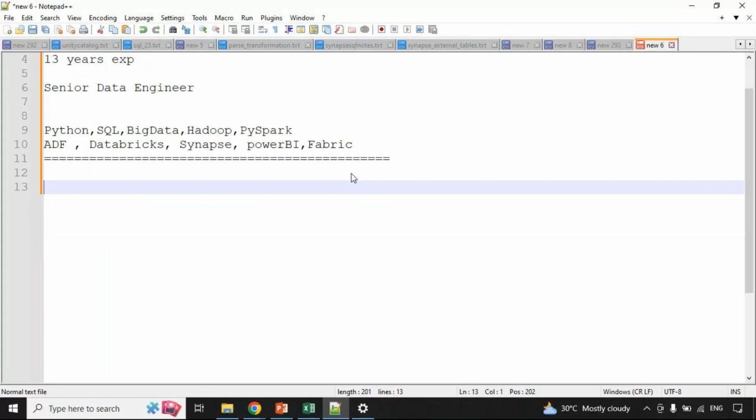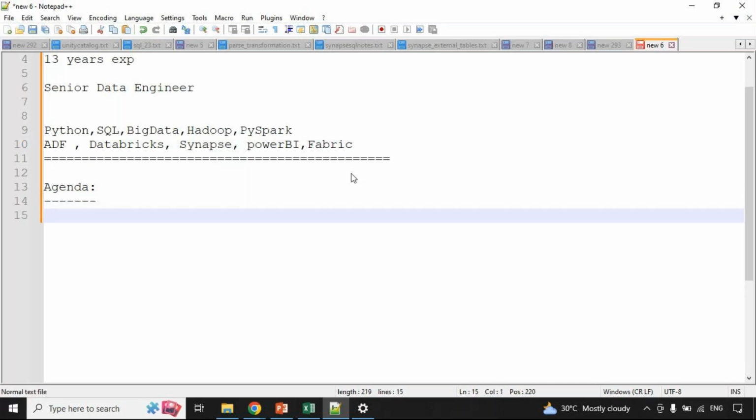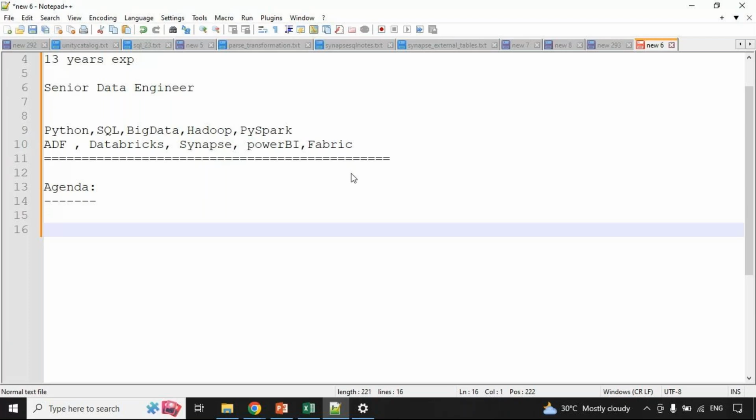So today, what is the agenda? Guys, I can see some are freshers, some are non-IT guys, some are experienced, some are project managers at a high level also. So here I have to cover every one's point of view. So the first 10 to 15 minutes I'm going to explain very basic things.